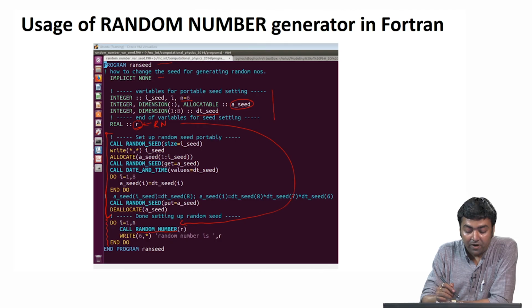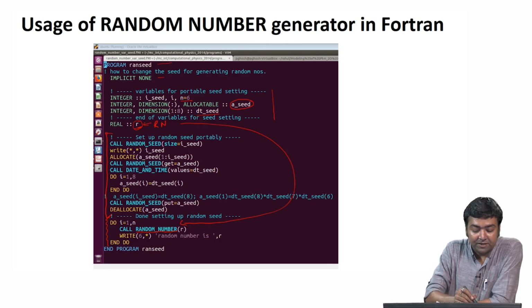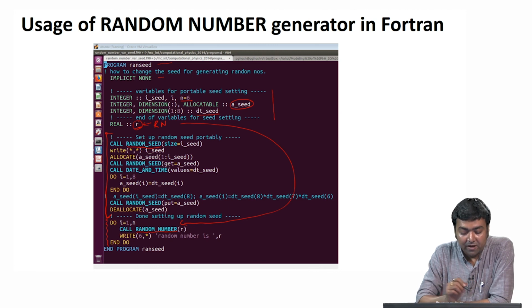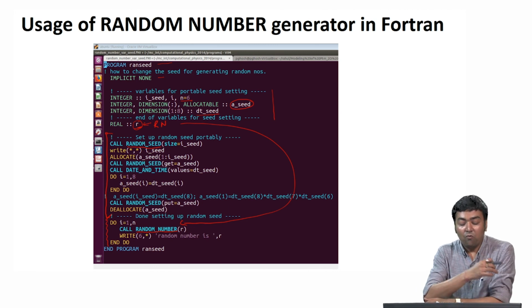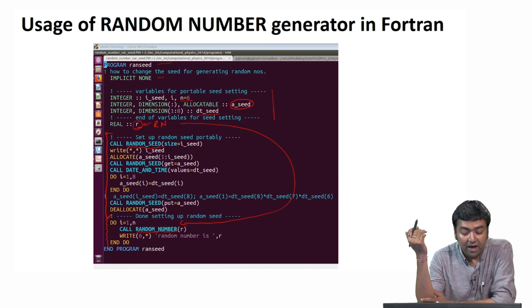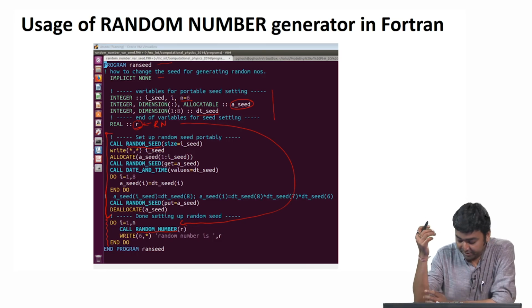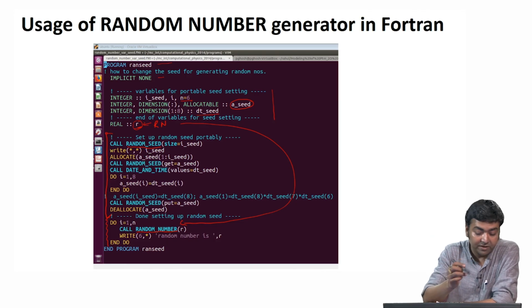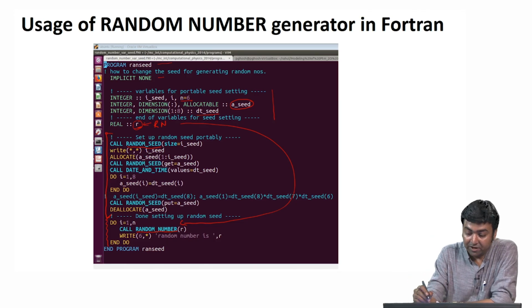To change the seed, first of all I need to call the subroutine random_seed, and I need to know what the present seed is. As I mentioned before, random_seed has 2 arguments, one is size,